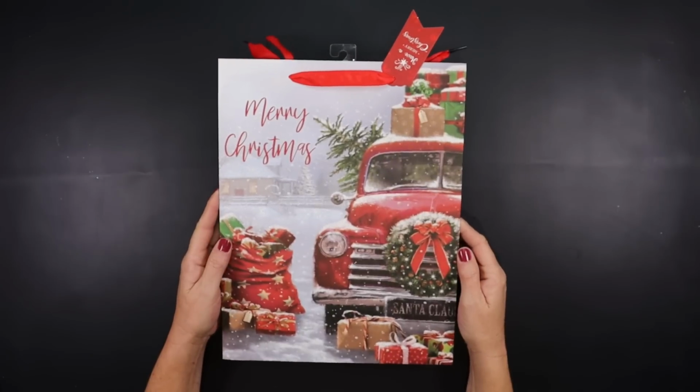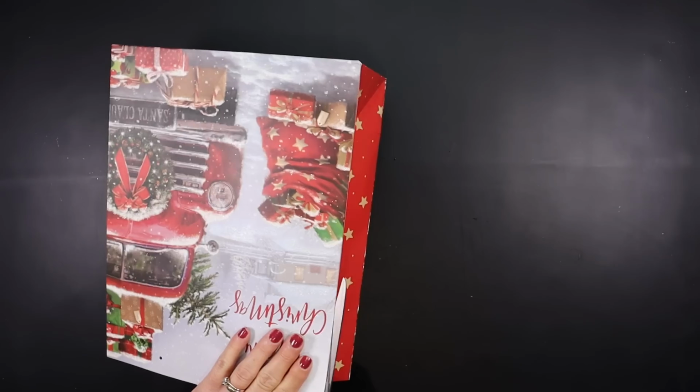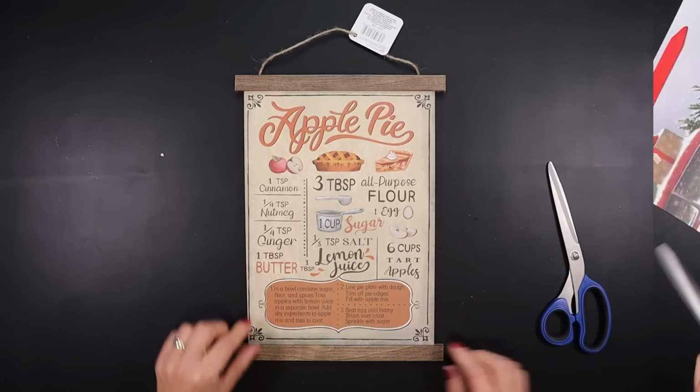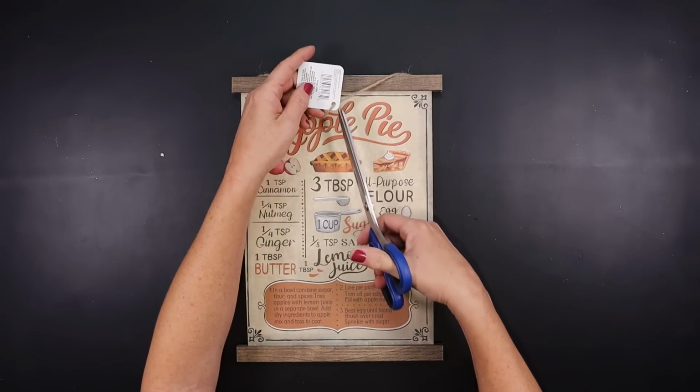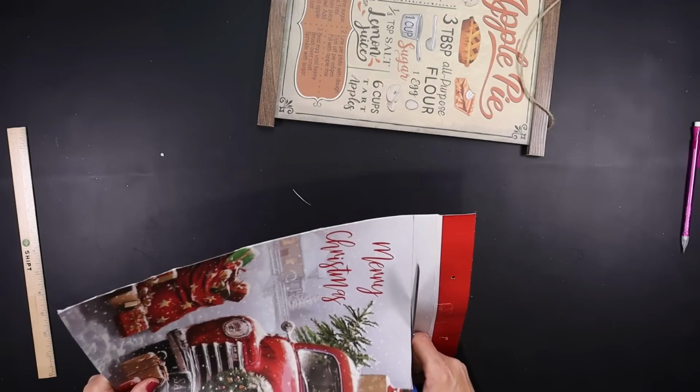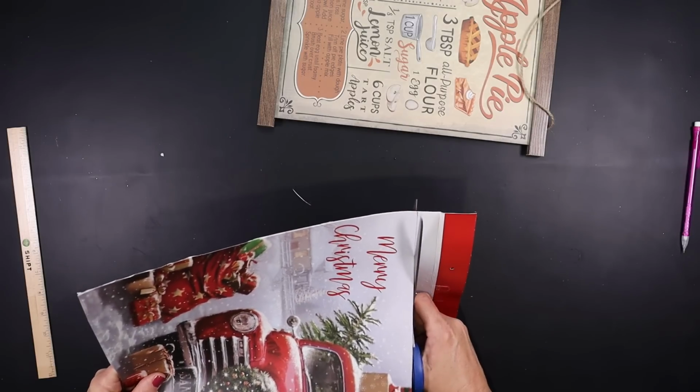I have another beautiful farmhouse gift bag that I want to use, so I'm going to cut the front of this off, and I'm using one of these MDF signs from Dollar Tree that I found back in the fall. I am going to trim my bag down to fit within those 2 frames at the top and the bottom,